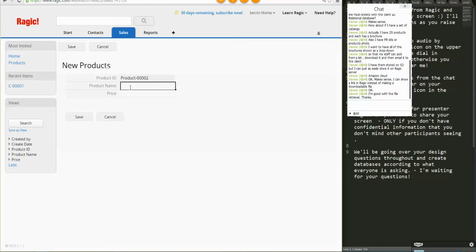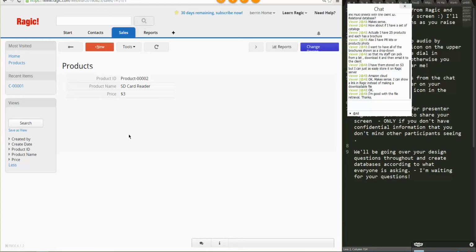And then SD card reader. Just looking at the items around me. Save. Alright, so